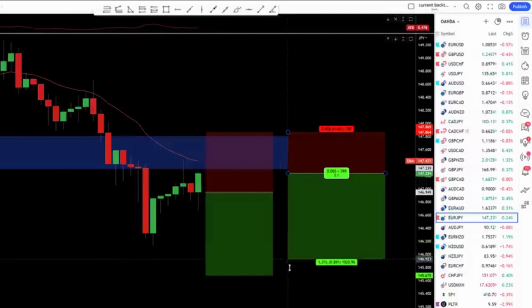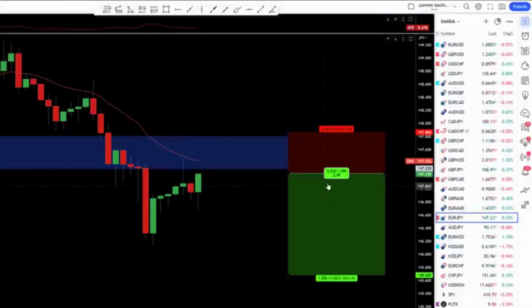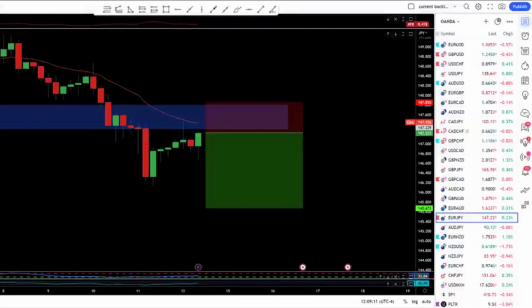If we do push down, we may go straight up and hit my stop loss. I have no idea. But this trade is giving me a positive expectancy because of all the things we've already discussed. All the conditions coming together along with these candlestick patterns gives me a positive expectancy. So with that being the case, let's go ahead and remove market replay so I can place this trade live